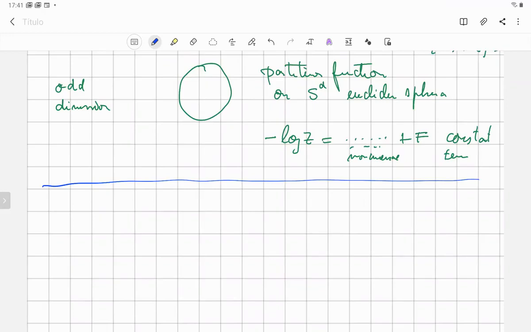So we will use 3 properties, we will use